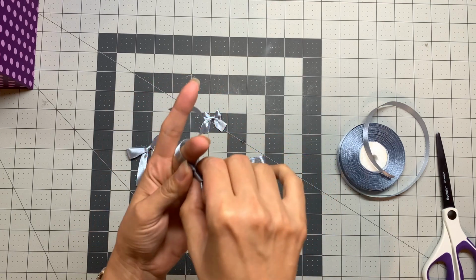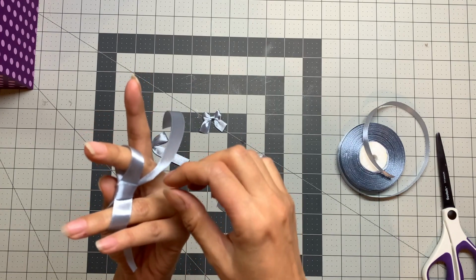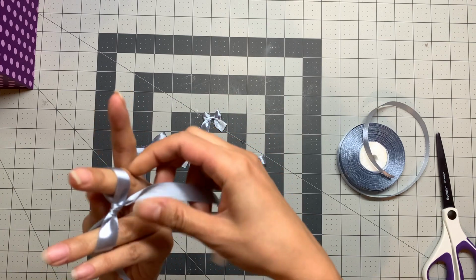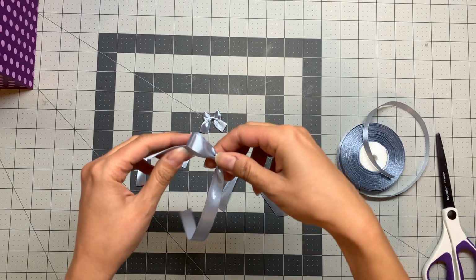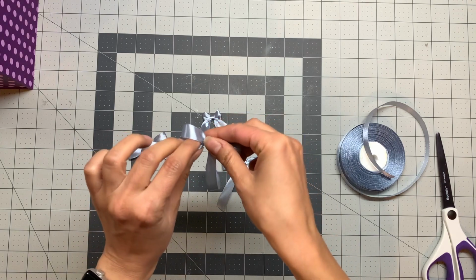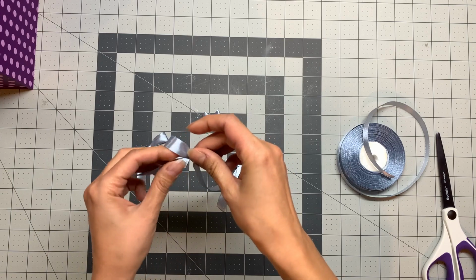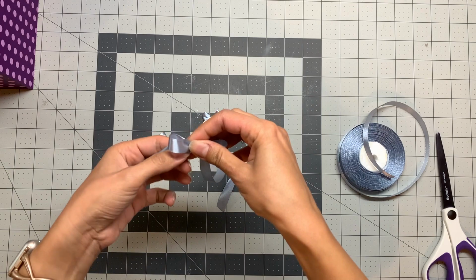Before you tighten anything, because I want this side to be the front, I just make sure everything looks kind of neat here. Remove the bow, and even I can twist this ribbon and make it